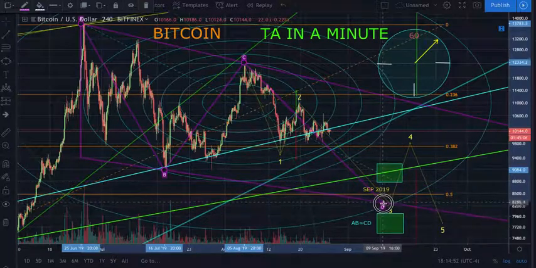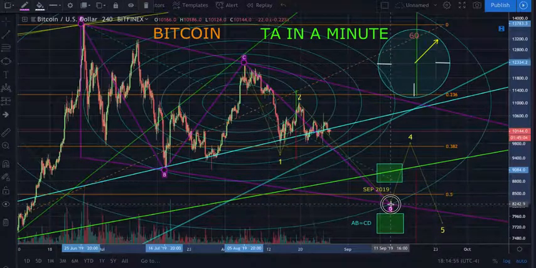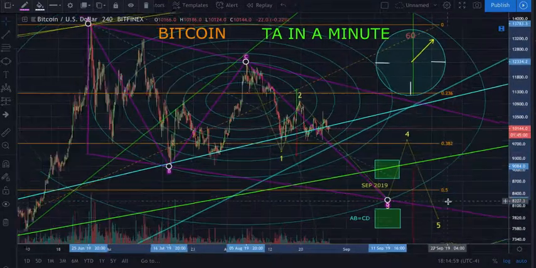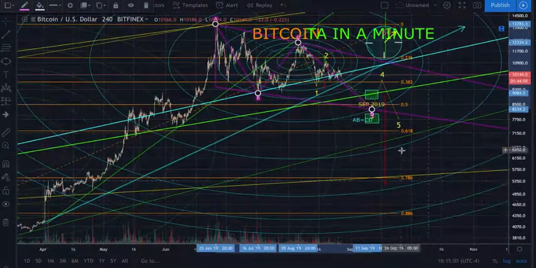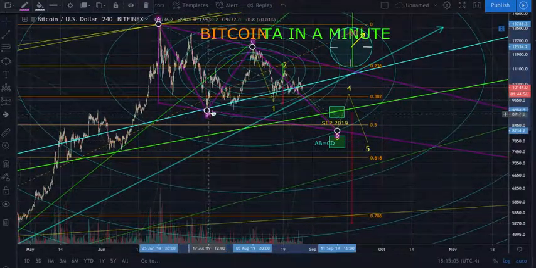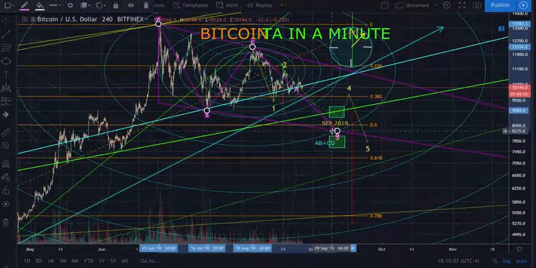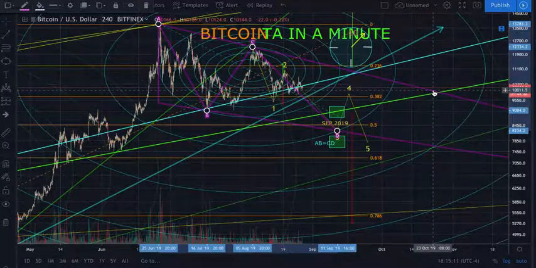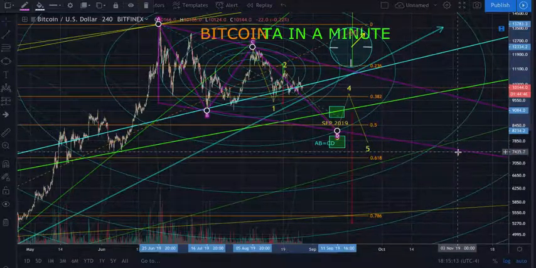If we take this down here, what is that? That's a flag, baby, and that's bullish. That's what accumulation is supposed to look like. Because what happens is it sells off, it comes up, it sells off, it comes up, and it gives buyers an opportunity to buy this asset at a good value.